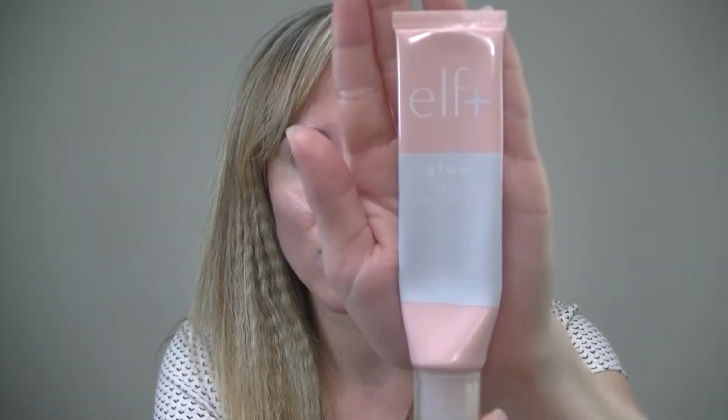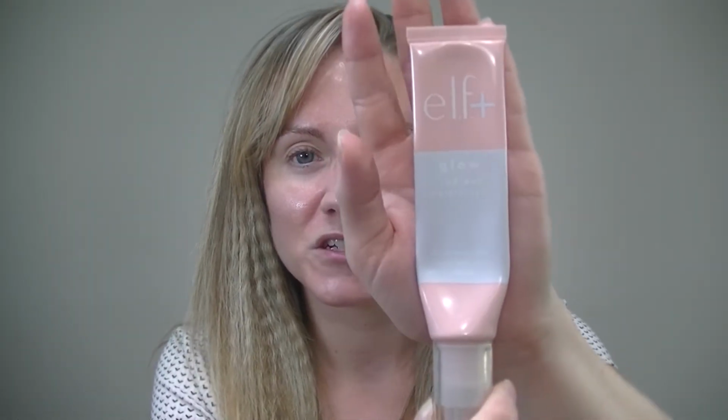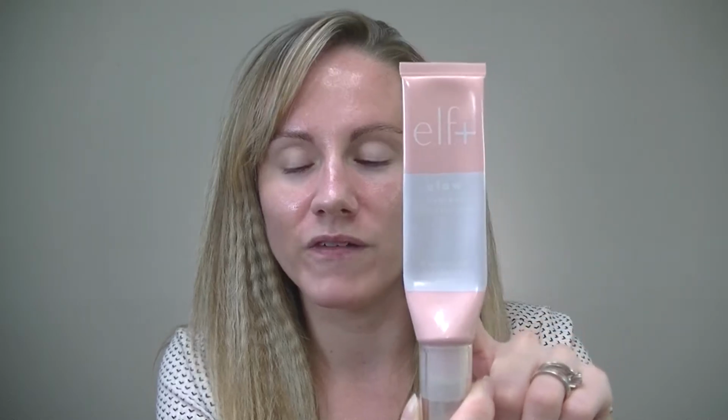Okay, so the only thing I have on my skin right now is the e.l.f. Jelly Pop Moisturizer. And so next I'm going to go in with primer, which is actually a moisturizer, which is the e.l.f. Plus Glow Radiant Moisturizer. I actually just did a Holy Grail Hidden Gems video, and this product was included in that. So if you're curious to see my thoughts on this item from e.l.f., I will try and remember to link that right up here. So I'm just going to squirt out about a pump and a half and apply this